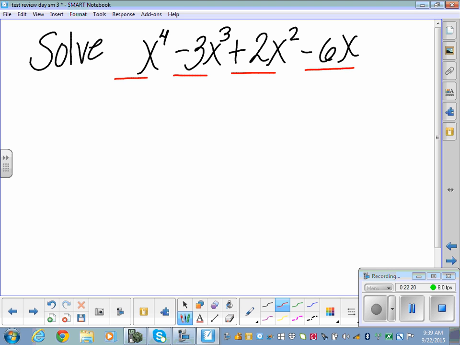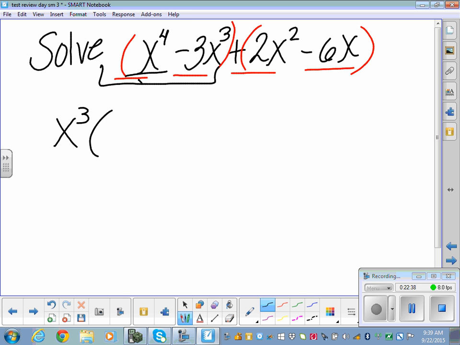Somebody just said it. Grouping. You knew you would use factoring by grouping because there's 4 terms. So you'd group the first 2 terms, you'd group the second 2 terms, let's factor them, and then we'll be good. So in this group, what's in common? Greatest thing in common. X cubed. So then when we pull out x cubed,